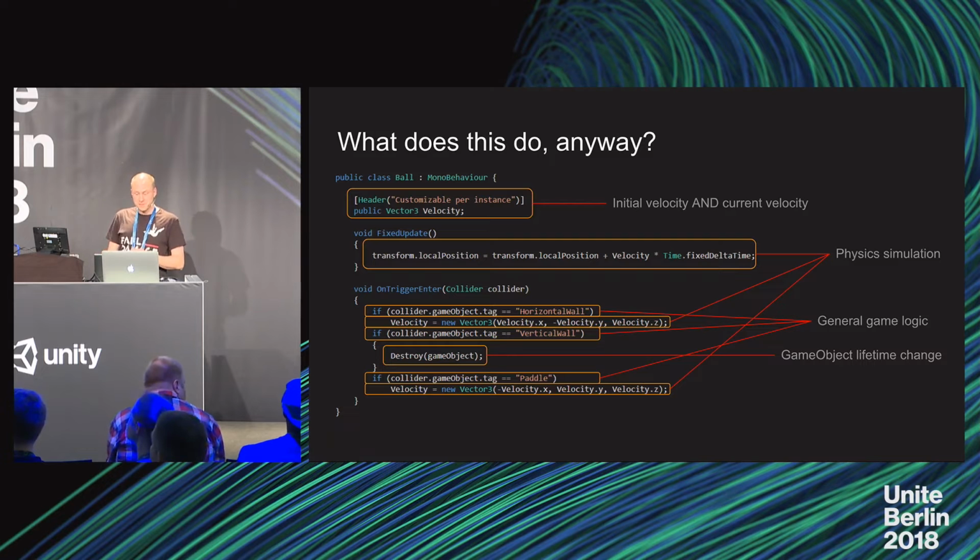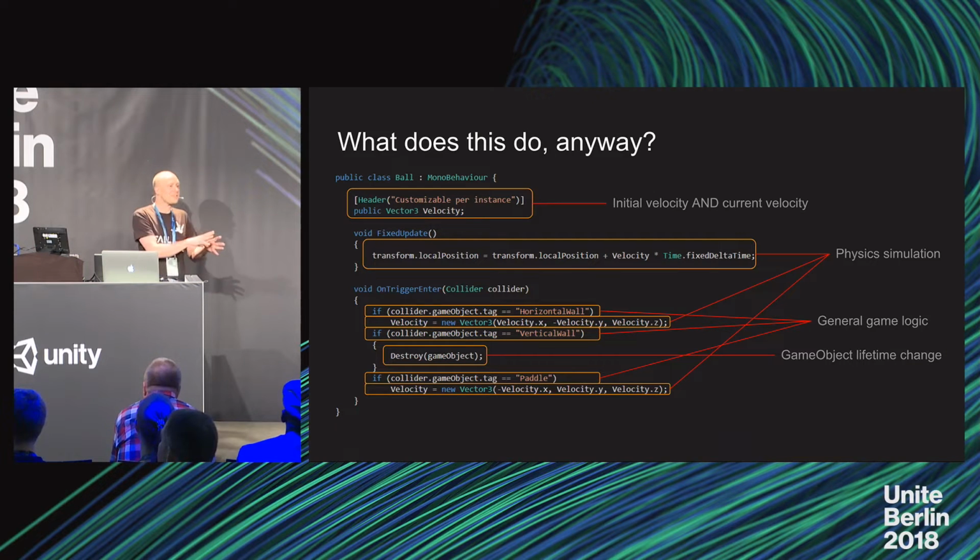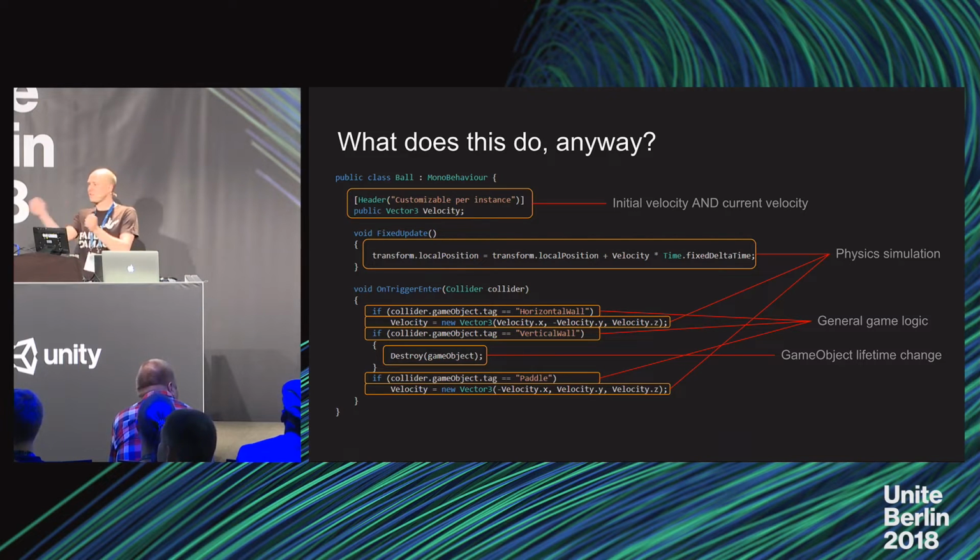We have our homemade physics simulation, which is not just the movement up there. It's also the reaction when you're hitting a ball. I would consider that to be part of the simulation of the ball itself. And in the middle of this, on trigger enter, it's deleting its own game object. Now this thing, a piece of code that deletes the owner of itself, is not something that you see very commonly in large code bases. People tend to have owners delete things that they own.